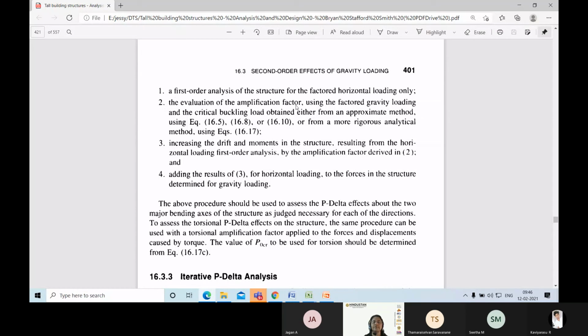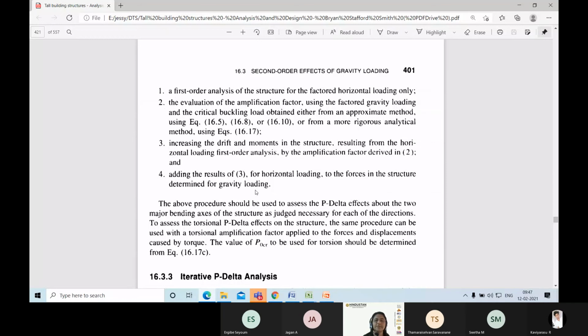Second, the evaluation of the amplification factor using the factored gravity loading and the critical buckling loading obtained from the approximate method that we have discussed previously. Now, increase the drift and moments in the structure resulting from the horizontal loading, first order analysis, by the amplification factor derived, then add the results for horizontal loading to the forces in the structure determined for gravity loading. So, initial first order analysis, find out the amplification factor, find out the additional moments and displacement that have to be added along with the initial